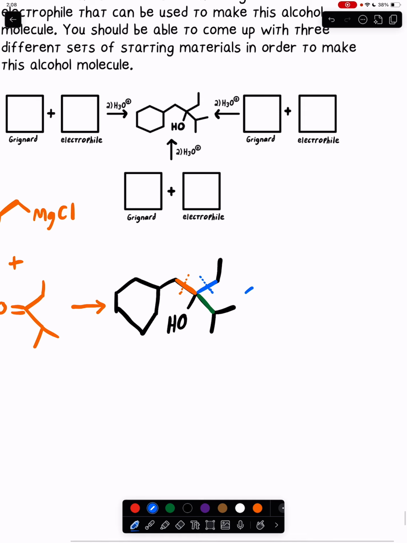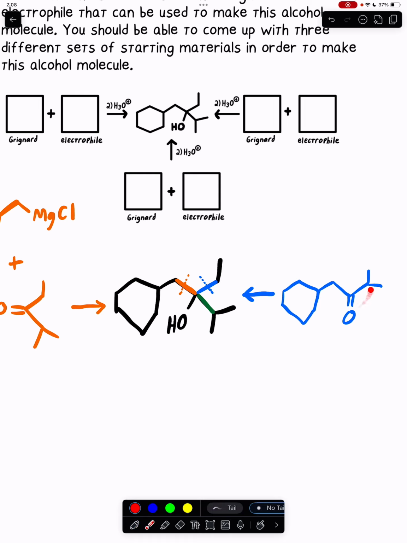Everything to the left side of that blue dash must have been the ketone. So this structure must have been the electrophile we used to make this tertiary alcohol, and it must have reacted with the 2-carbon Grignard, which must have been something like